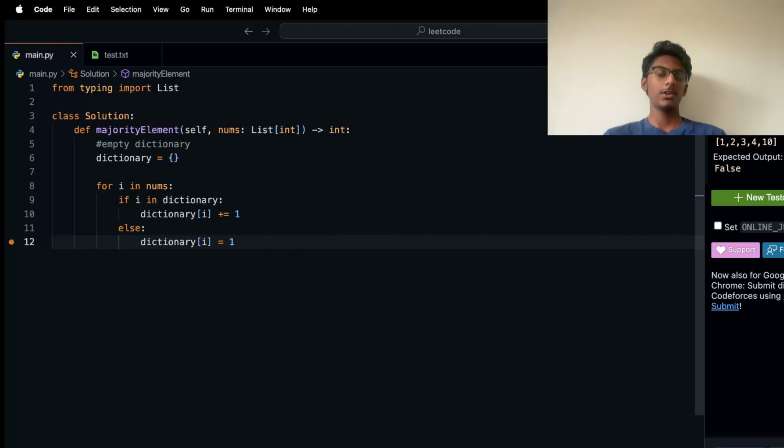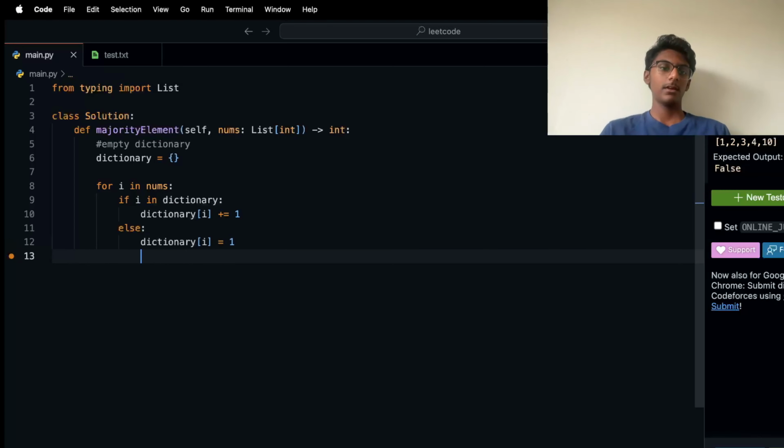So here's how it's going to go. We're going to iterate through our whole list, and if this element appears as a key in our dictionary, then we're going to increment its value by 1, meaning that its count goes up by 1 every time we see it. But if it doesn't exist in our dictionary, we're going to set its value to 1, because that's the first time we've seen it. So once we're done with that, meaning once we have a completed dictionary,